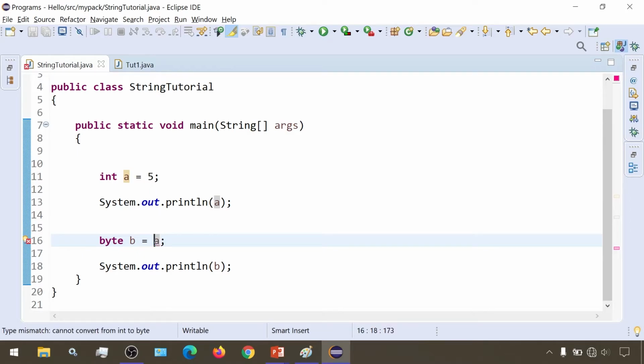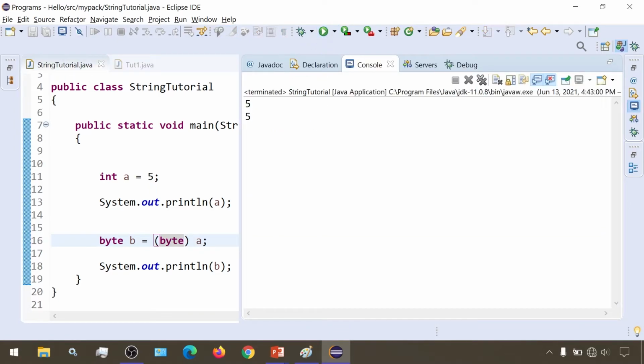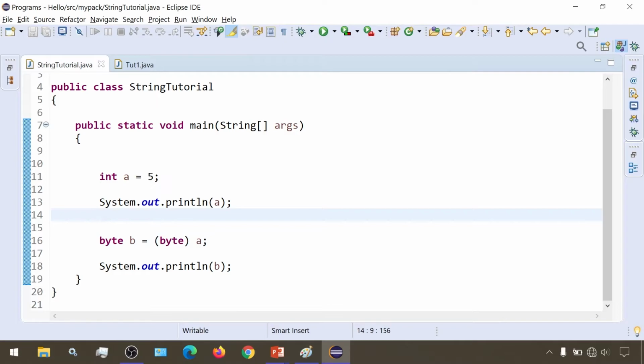So to do this, if we want to specify explicit typecasting, then we write the destination data type. We will follow this syntax, and now if I run this, I'm getting 5 as my output. What happens here is we are explicitly specifying to convert this value into a byte value, and then assign it to the destination variable, which is b. Let's ignore the other part for now.